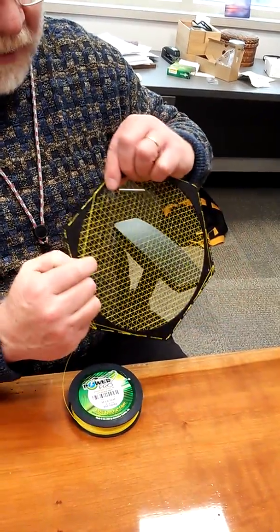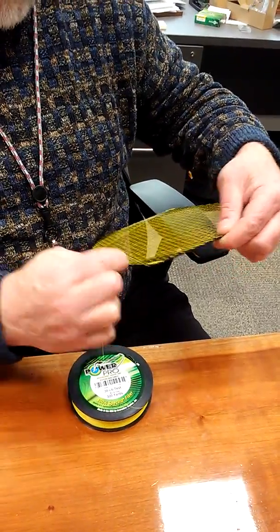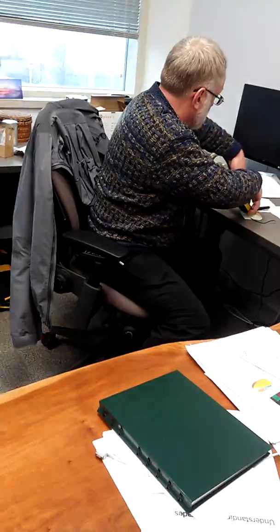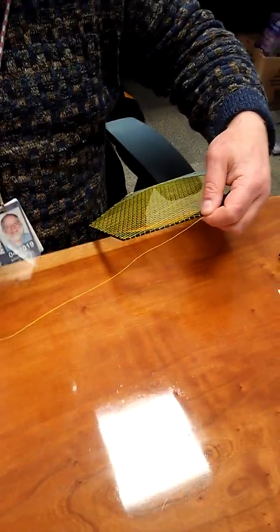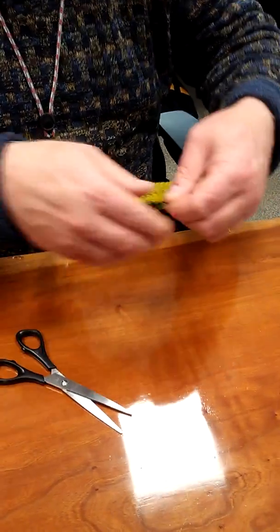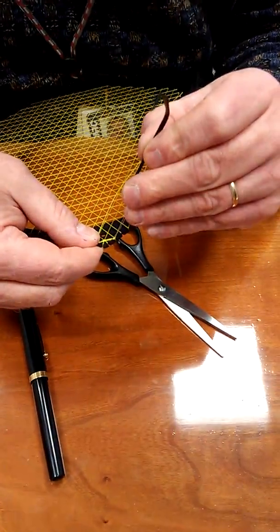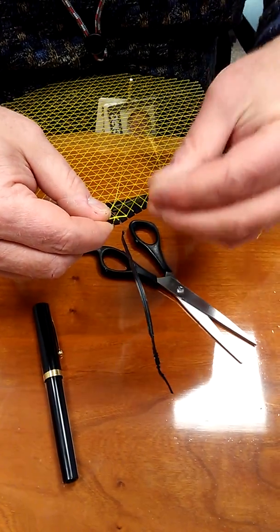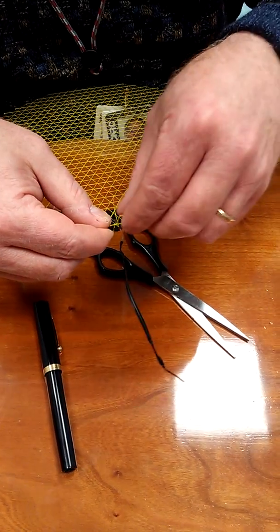Okay, so now again I come back this direction and go around here 3 times. This line is very tough to cut. Can you hold that? There. And this is my fancy tool. So that goes underneath this triple wrap and one other string. And then that slides underneath. You pull it